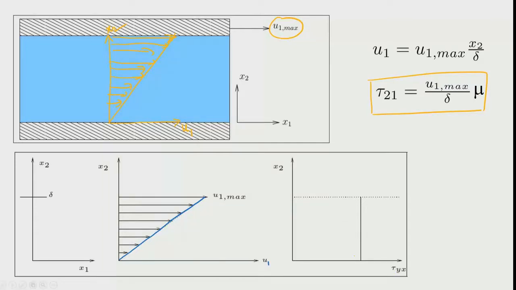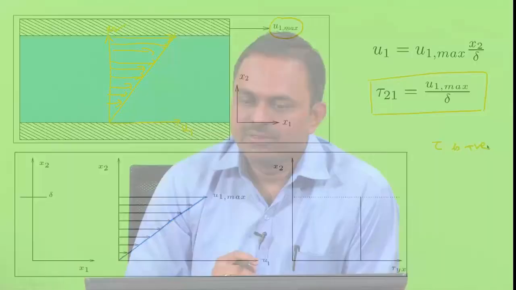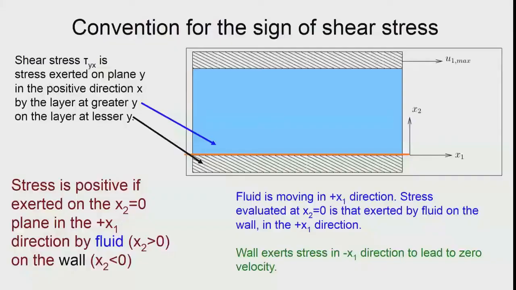So, which actually means that what does it mean when we say tau is positive? Of course, when we substitute any value of x or y, if it is a functional form, and then see that it goes to negative or positive, there must be a meaning for that. So, for that we introduce the convention by which we define how the value of tau should be interpreted. The convention is different from the book by Bird, Lightfoot, Stewart. We take the so called positive convention here, and it is as follows.